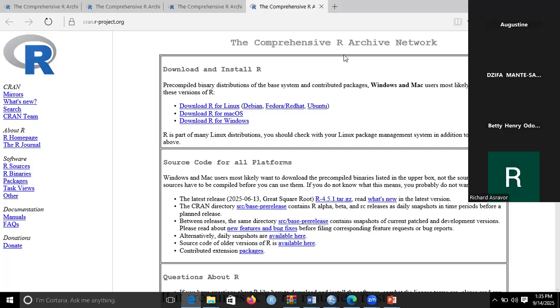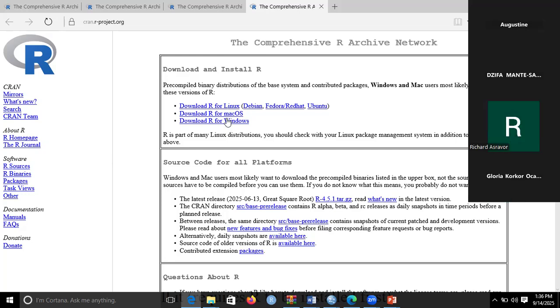Please, are you all with me? Can you see my screen? Yes, Prof. So please click on, so you see, there's Windows, Linux, Mac, and then there's,